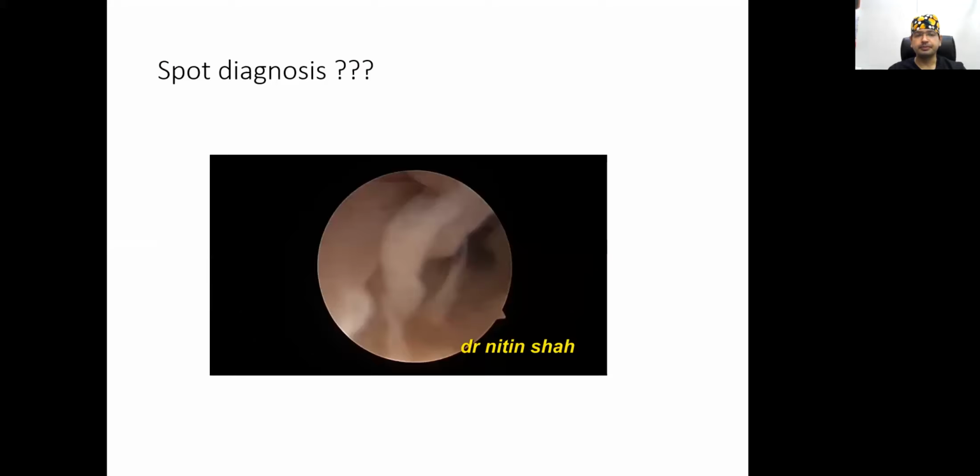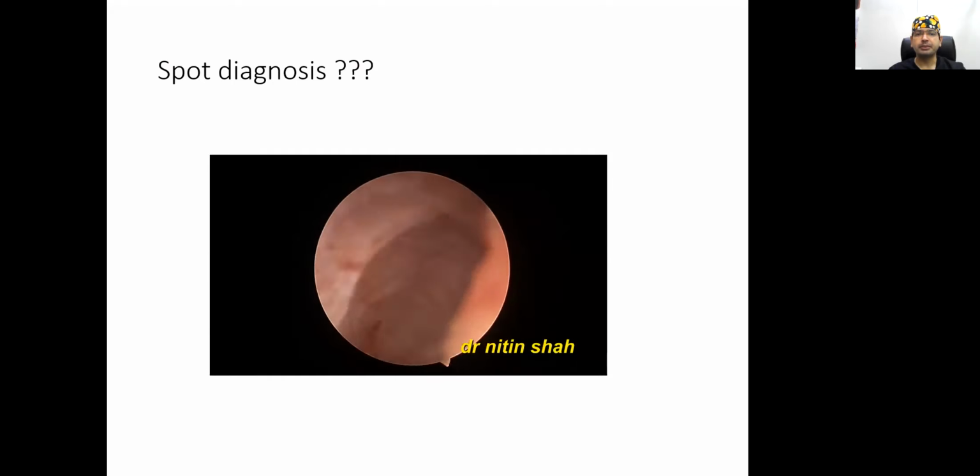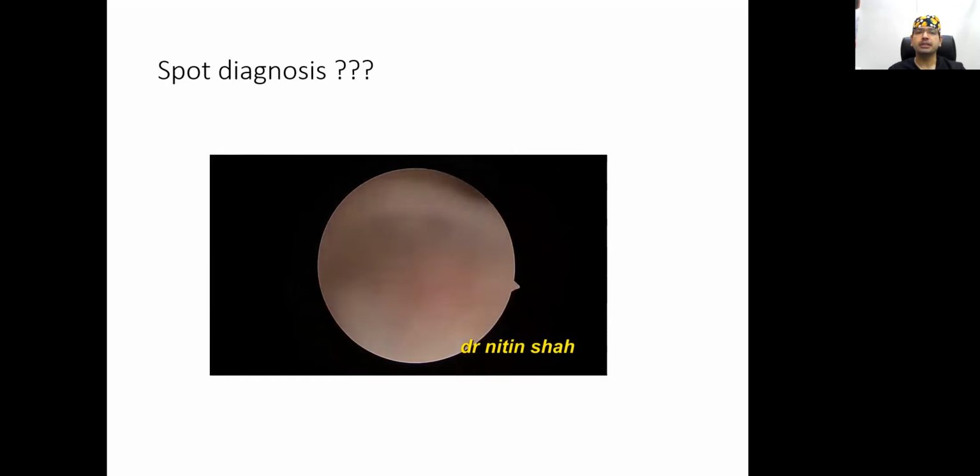So, how can one do it? Let's see this video. What's the spot diagnosis? One can see stretching of myometrial fibers, and hence it's nothing but a false passage due to the blind dilatation. As we withdraw, we will see another opening at 12 o'clock position, which leads to the internal os and the cavity. So that's the opening at 12 o'clock, which is the internal os, and we go inside the uterine cavity.